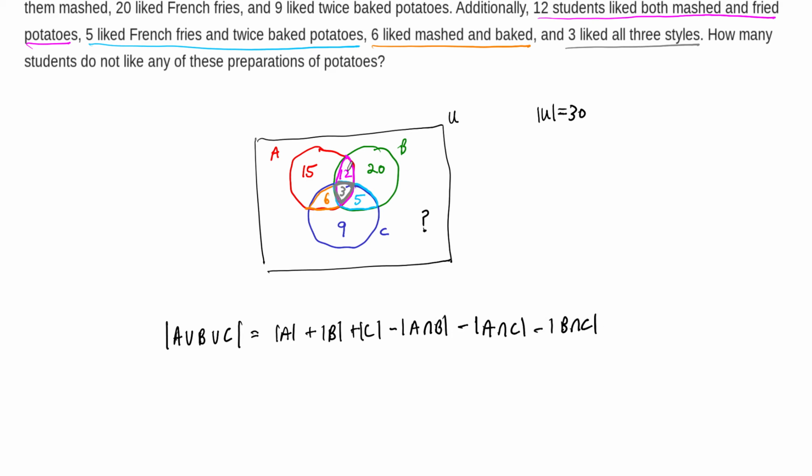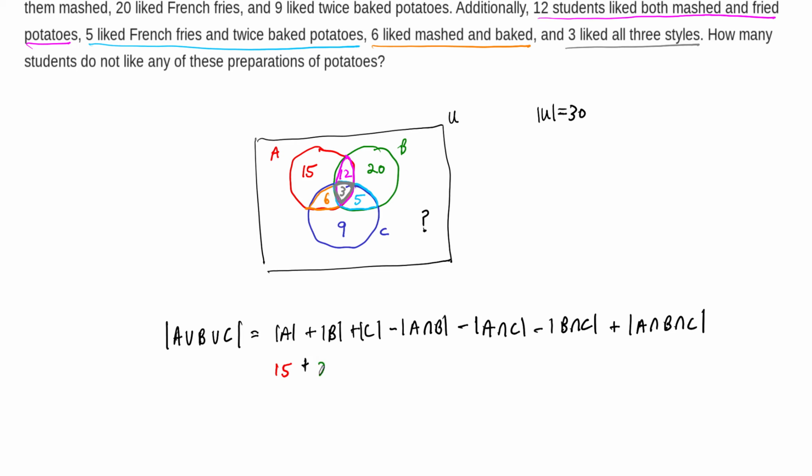So that's all 3 of these in the outer regions. But if we've done that, we've counted this one 3 times, and we've subtracted it away 3 times. So we need to add it back in. These people have been counted and then fully removed. We need to add them back in. And so we have to add back in this A intersect B intersect C. Now we just need to write down all these numbers, and we'll find out exactly what we're supposed to have here. So this is 15